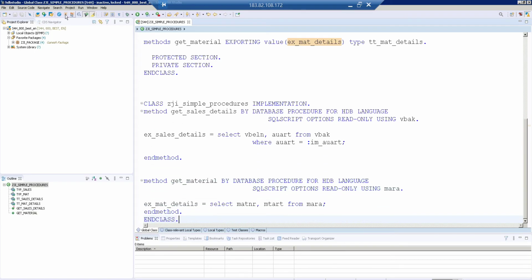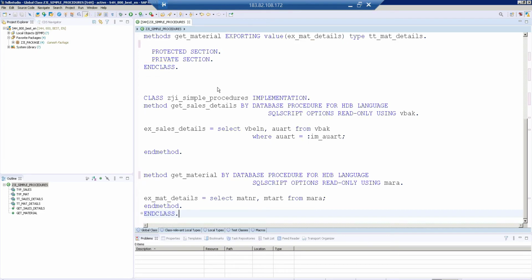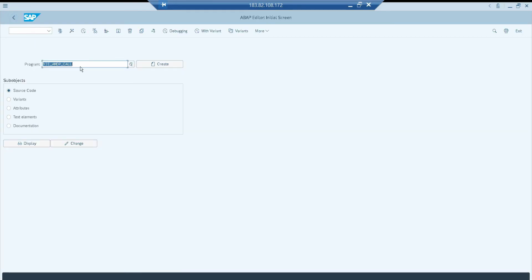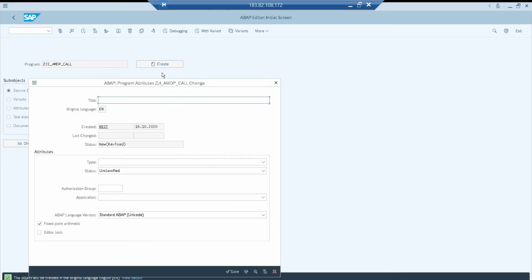So let me activate it. Okay, activation is successful. Now I'm going to call this particular class and method in one of my programs. So for that I need to go to my GUI. Yeah, probably this is my GUI. As I mentioned, I'm getting a different provider, so the versions are also a little different. I'm going to create a call AMDP procedure